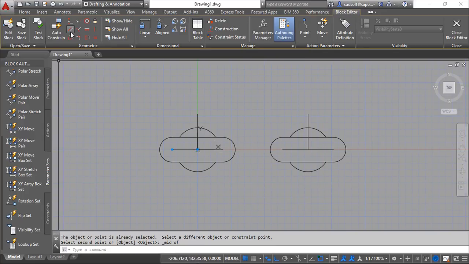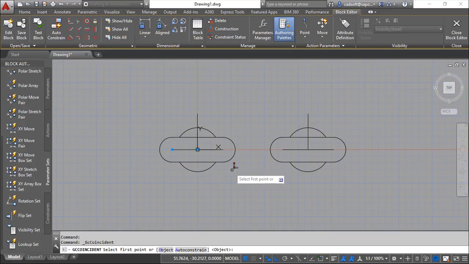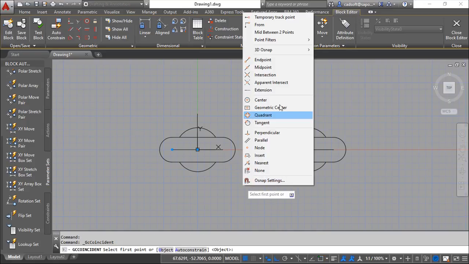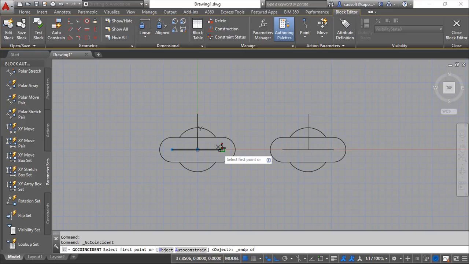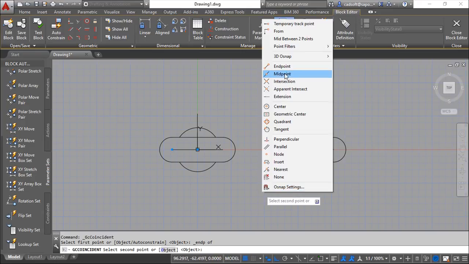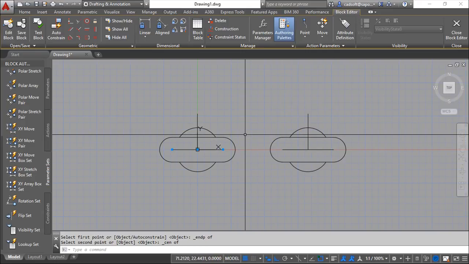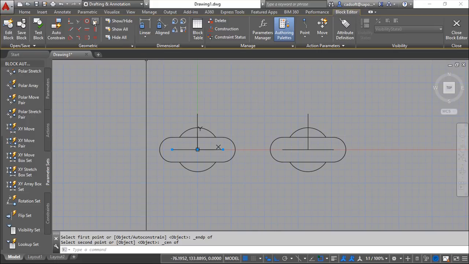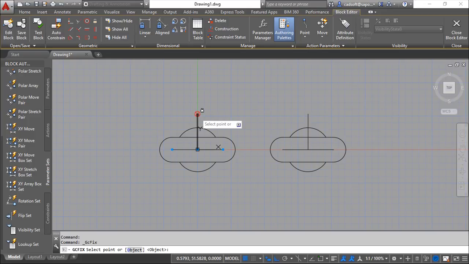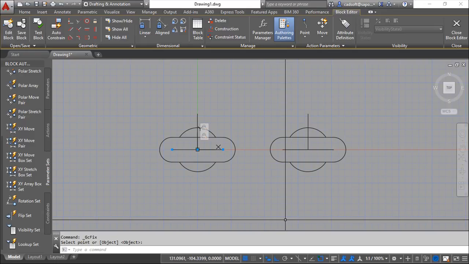We can have also a coincident of the endpoint of this with the center of this. We can fix a point in here, and we can have a fix also in here. Okay,